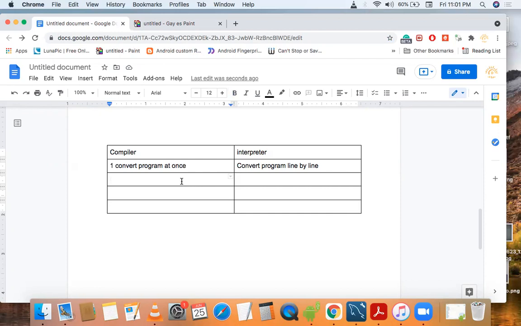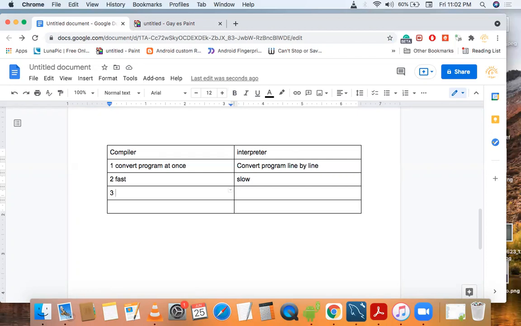The second difference is that the compiler is fast because it converts the whole program at once, and the interpreter is slow because it converts the program line by line. The third difference is that the compiler has less error finding possibility.